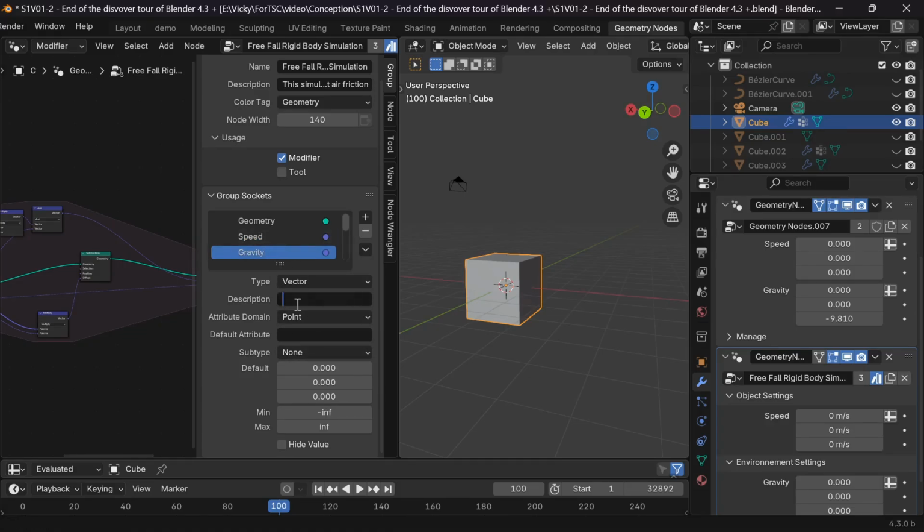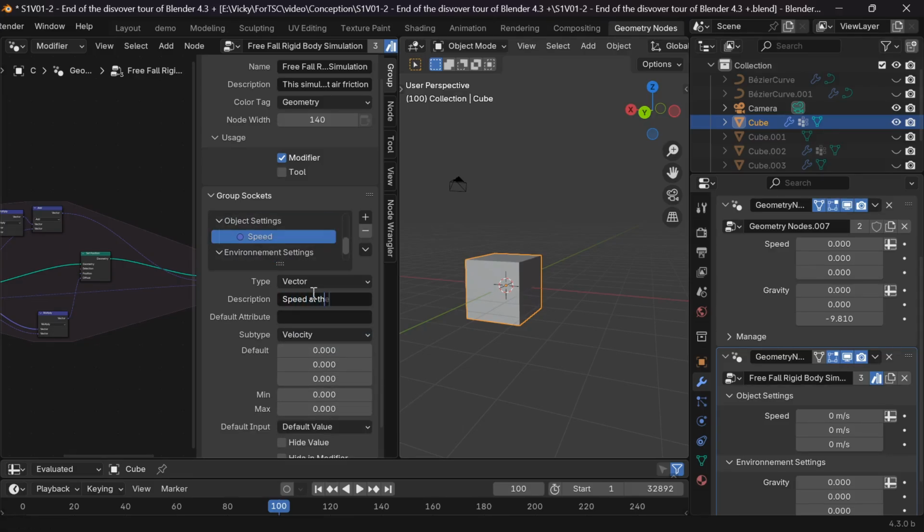Let's go back to the speed output to check if something is left to set. I set the same parameter and take care to select the right unit for gravity, which is an acceleration. We go to the input and continue the speed one with default value and the limits of the value. For the default, I let 0 everywhere, but for max, we can put 1, the speed of light.